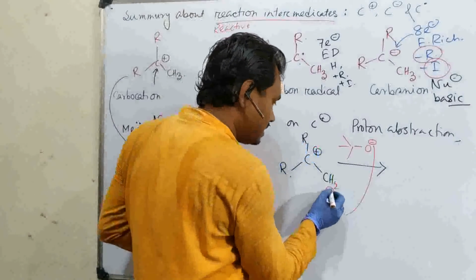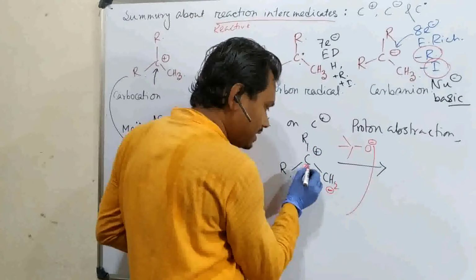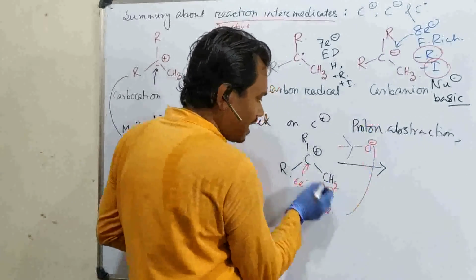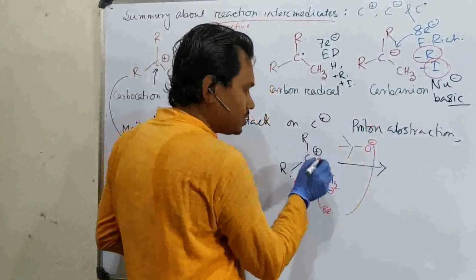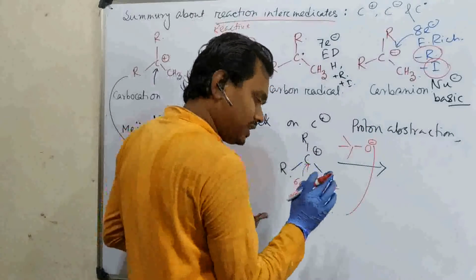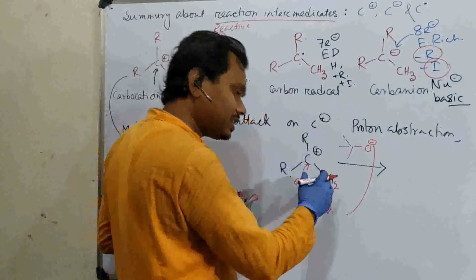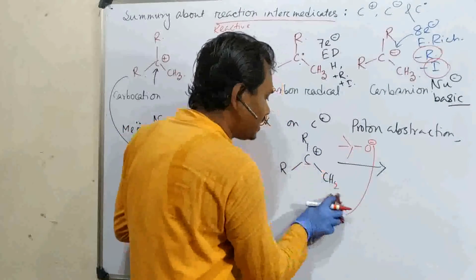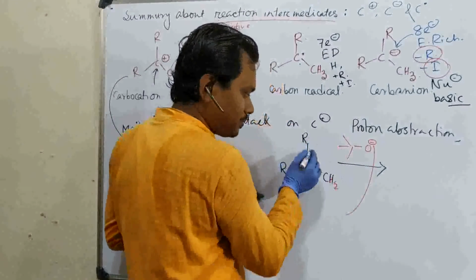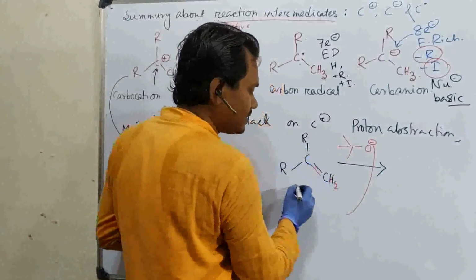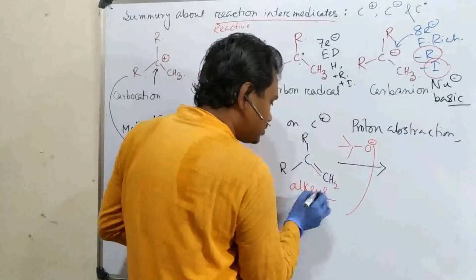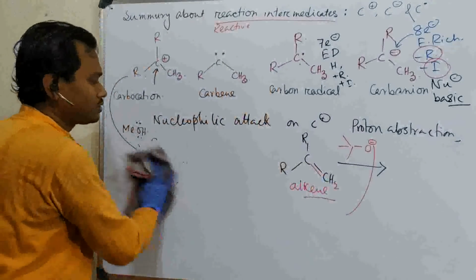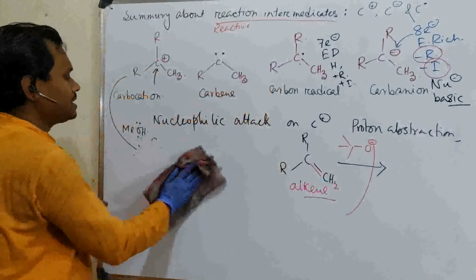Please be careful. Now this carbon is electron deficient, 6 electron. This is electron rich, a carbanion, 8 electron. Now they combine. It is a p orbital. Initially it was sp3, but during the reaction it becomes a p orbital, and they combine and form a C double bond, and the charge gets neutralized because there is a positive and a negative. So it results in alkene formation. So two types of reaction are possible: one is substitution, another is elimination. This is the elimination reaction, and that was the substitution reaction.